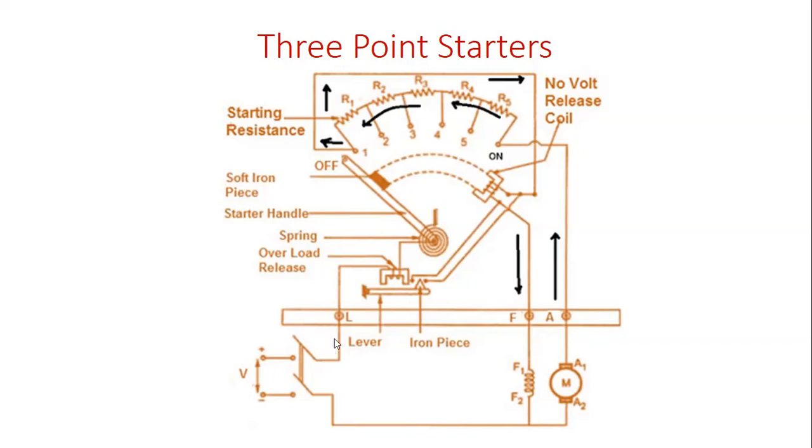When this huge amount of current is flowing through this electromagnet, what happens? The lever will be moved upward, the gap will be eliminated, and this one will be in contact with this circuit. So it behaves as a short circuit, and no voltage will be available here. There is no passage of voltage to this coil, so from that moment it won't behave as an electromagnet, right?